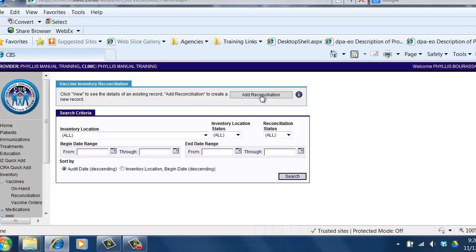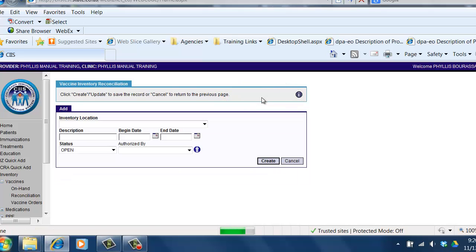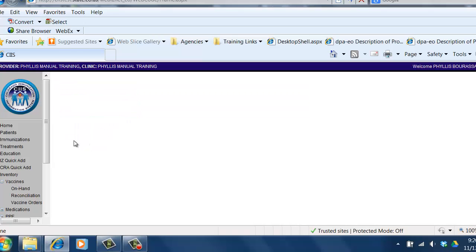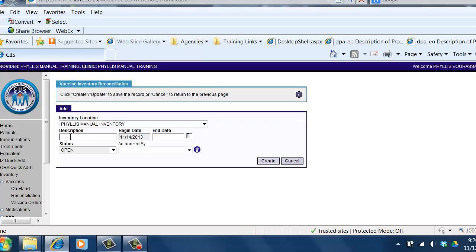Notice at the top of the screen there is an Add Reconciliation button. Click this button and you will be navigated to the Add Vaccine Inventory Reconciliation screen. You will notice the required information fields on the screen are bolded. At this point, enter the required information, including the inventory location, the description, which is the name of your reconciliation,